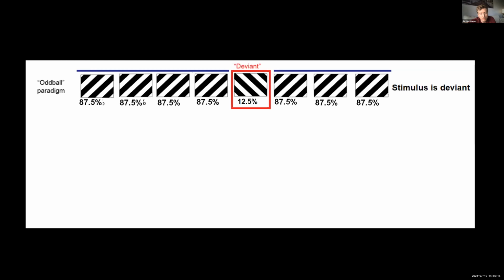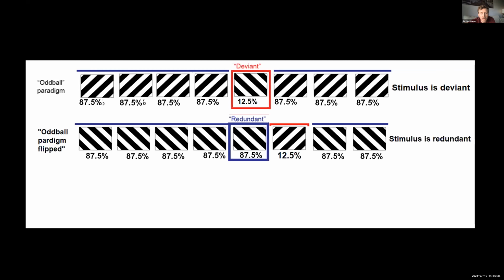So in order to sort these out, we use a relatively simple set of runs. Each one of these runs is about 12 to 15 minutes. We use a basic oddball paradigm, which I've already shown, with just repetitive presentation of a particular orientation, and then the deviant stimulus is either the opposite orientation or a 45-degree rotated one. And then we use a flip-flop oddball paradigm. So in this case, the stimulus which was originally the deviant in the first run is now the redundant stimulus, and so this gives us the ability to focus on eliminating simple effects of orientation selectivity in our neurons,